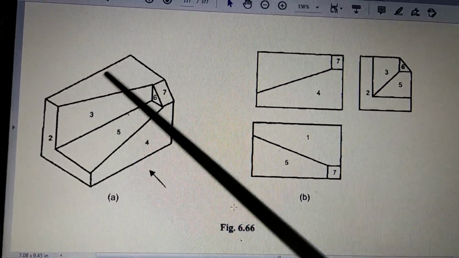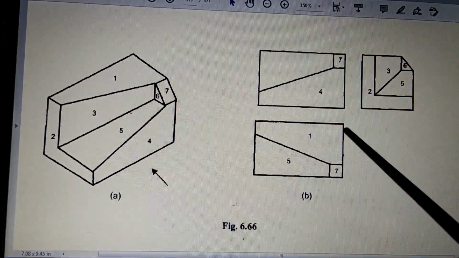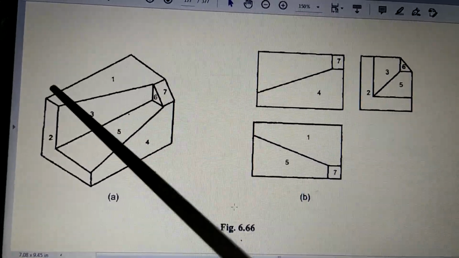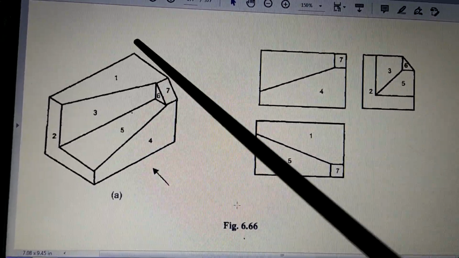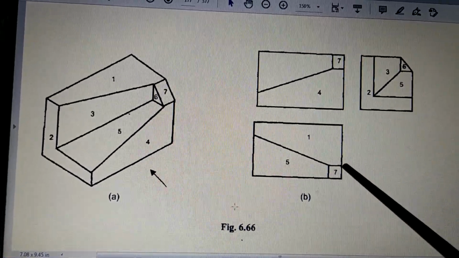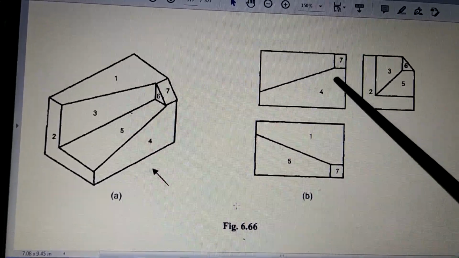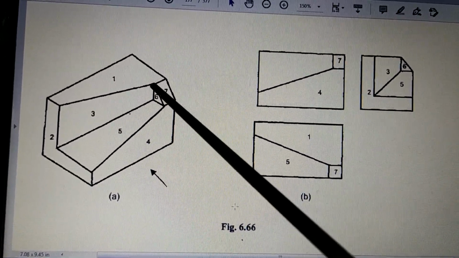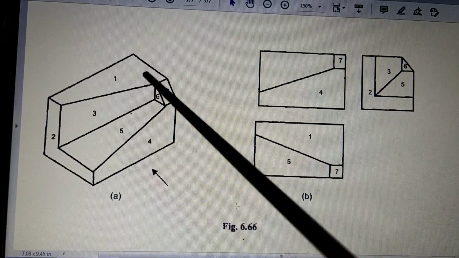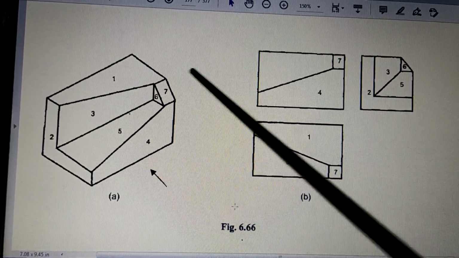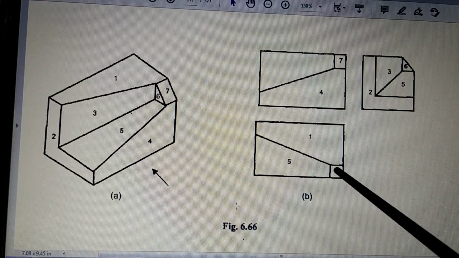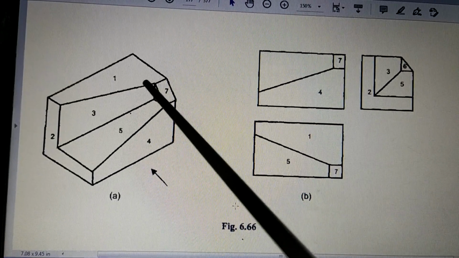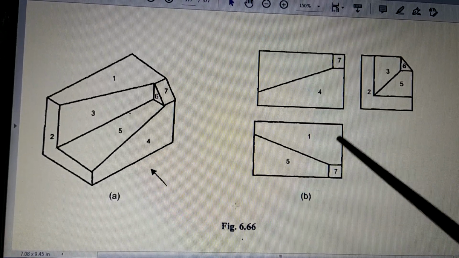Shape number 1. So where is shape number 1? This line is this line. Then this line will be this line. So take the size of this line and come up to here. Then on this side, this is the length, so you come from here to here. Then this is 7. So now between these two lines, you draw horizontal and reach this point. So we have reached here now. Now this is an inclined line, so just join this point to this point to make the inclined line. We have already drawn up to here, so join this line. So this becomes this line, and in the process, we have drawn shape number 1.